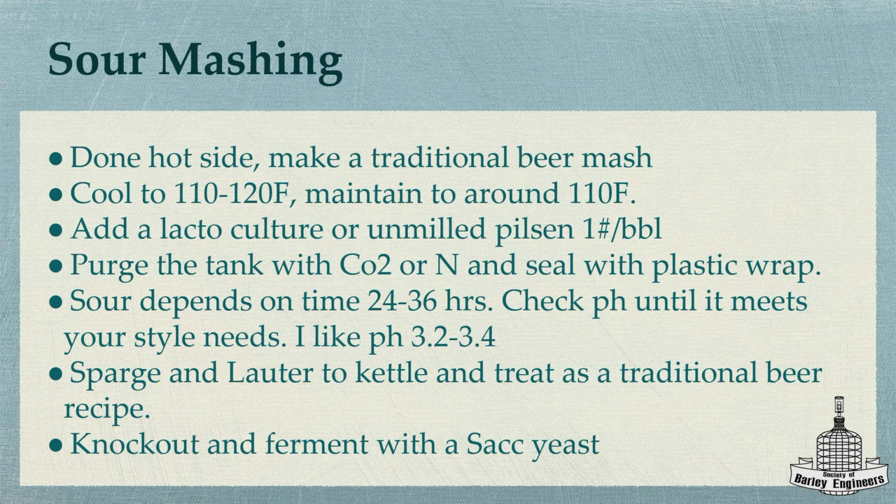The only difference is that with the sour mashing, as you see, it's all done hot side, so that's a good thing. You are using bugs, so it's not a no-bug method. You're going to do some sort of lacto. You're either going to add some Good Belly or a Lactobacillus plantarum or a mix from your favorite yeast provider. Or in the case of the beer that we're going to taste today,